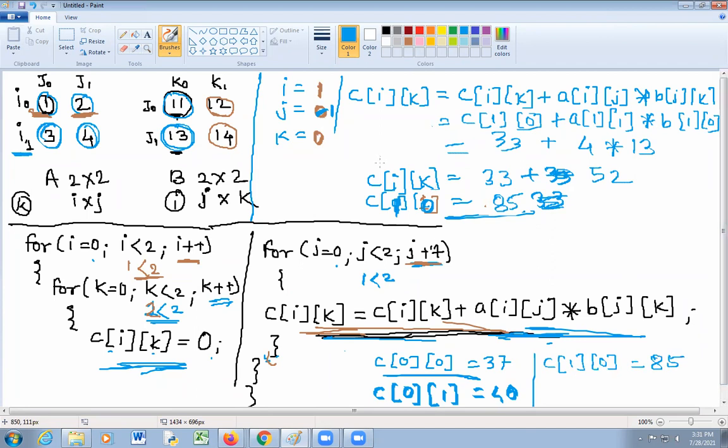Then increment value of J. After incrementing, it will become 2. 2 is less than 2, this becomes false. Increment value of K. It becomes 2. Check here again.